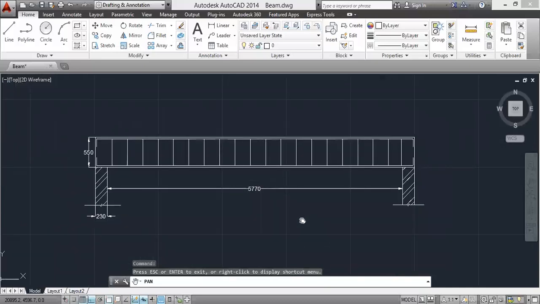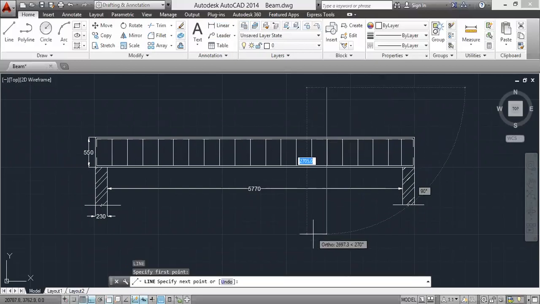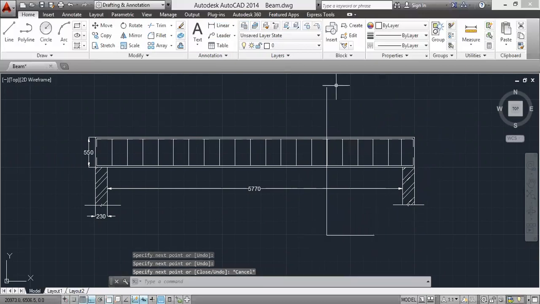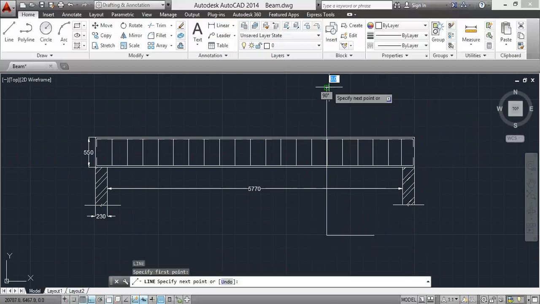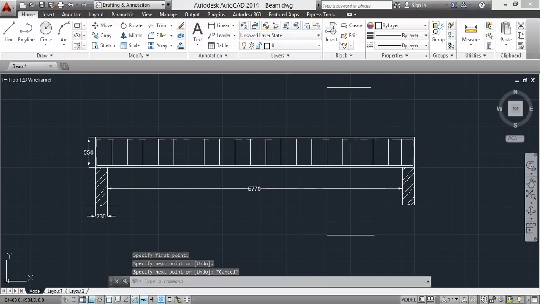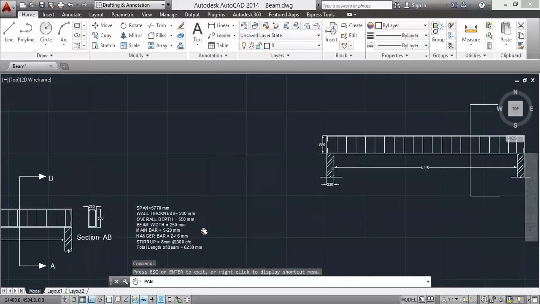Okay. Now I'll be taking the section. L, enter. I'll be cutting this section. Okay. I'll be taking section AB. Denote it as AB.